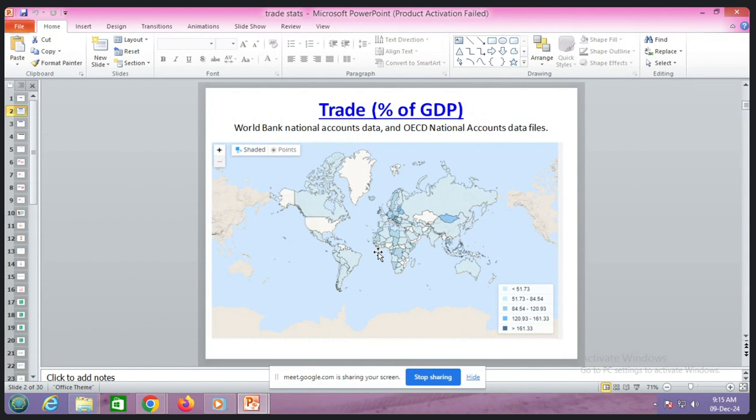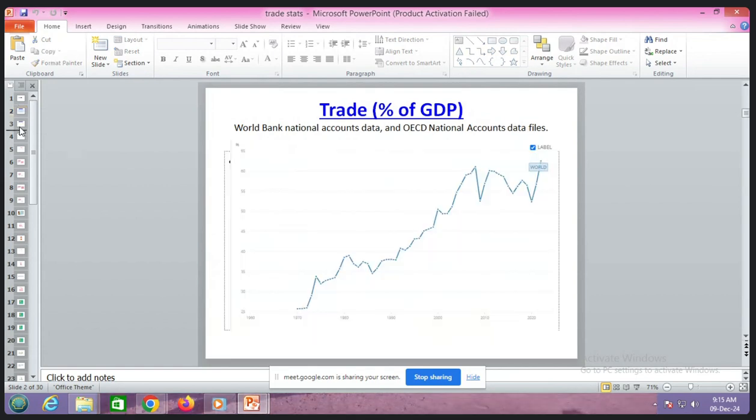So if the economy is heavily importing, that also means that their trade is a very high percentage of the GDP, and that's why you see the percentage is more than the GDP, that is 161. That means their dependence on trade is very, very heavy. I'll come to the regional analysis also, so you'll get an understanding as to which countries are heavily dependent on trade and which regions are heavily dependent